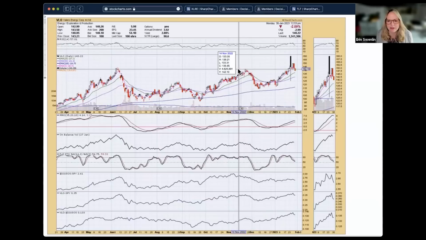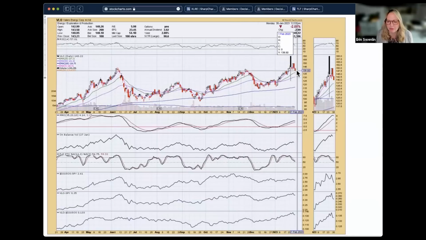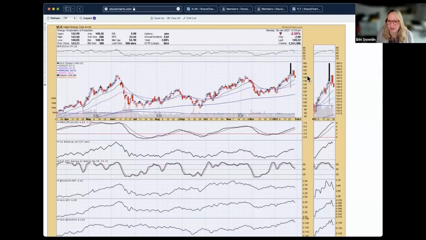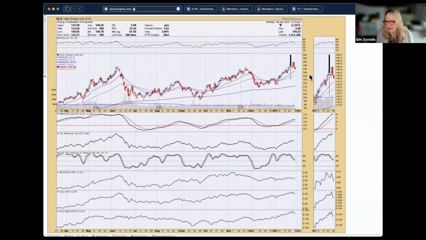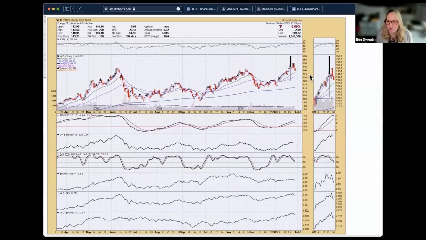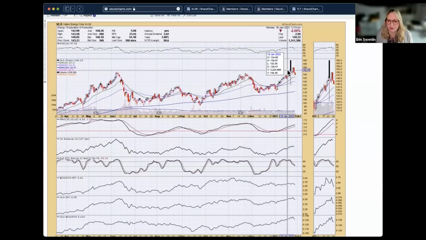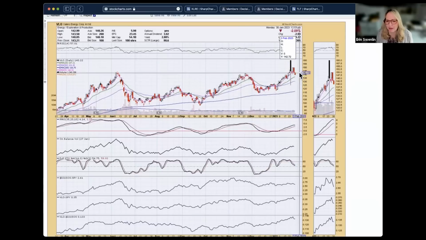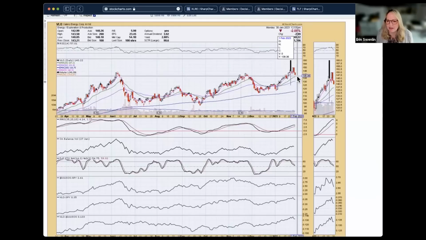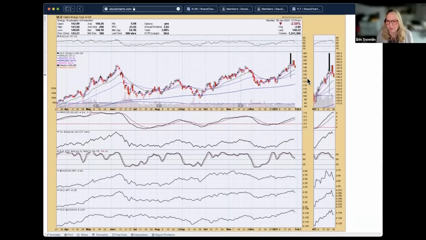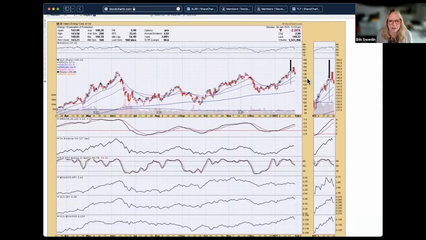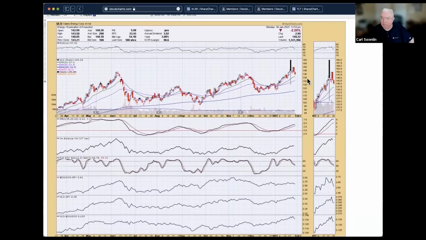The pullback would have been kind of a good thing to see, but it pulled back too far. It's pulling back below those support levels. I know if I own this, I would be very nervous right now. I would probably tighten up my stop just because we're seeing a little bit of weakness here in crude oil in particular. But honestly, you could even make a case for a cup with a handle developing here. So I don't know that I'd be immediately looking to sell this one. I don't think that I would want to enter, though. That is a certainty. The sector is looking iffy too, remember?